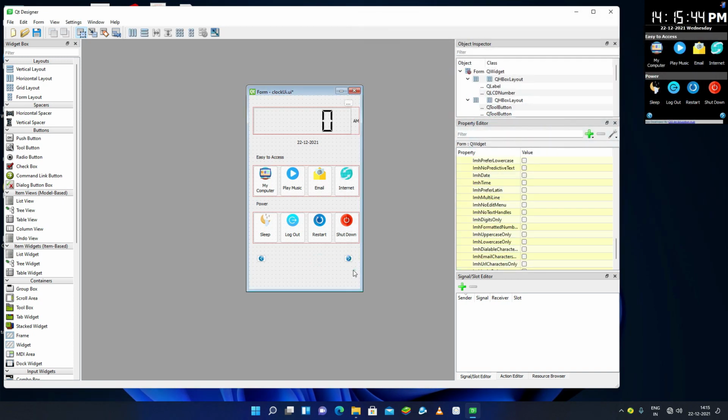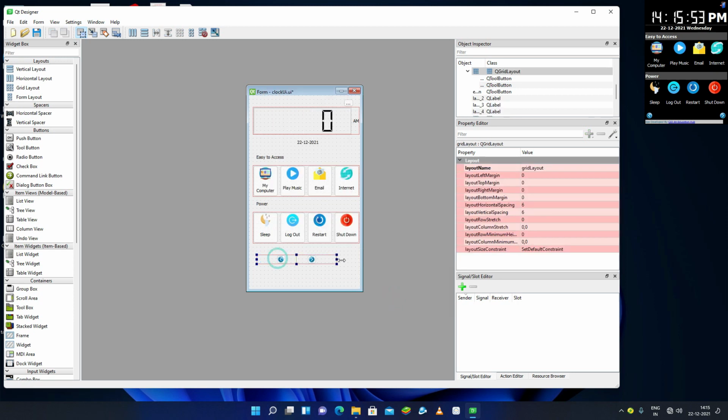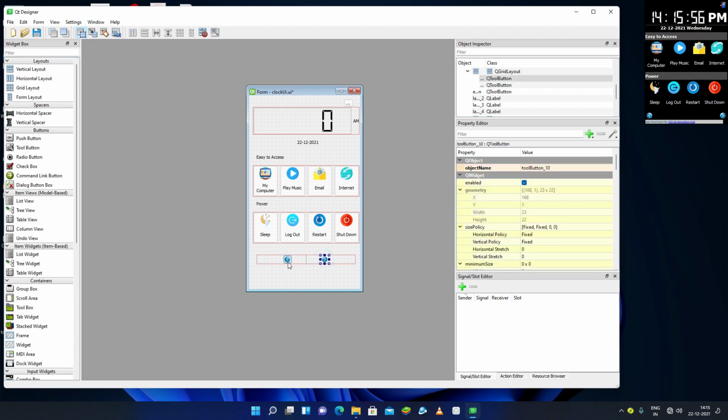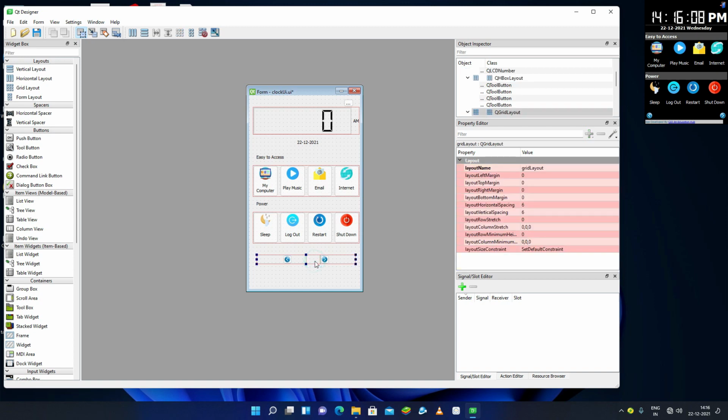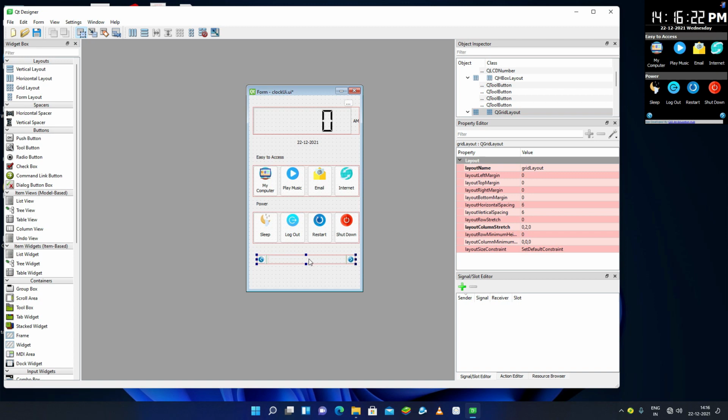Okay, now let's change the layouts of this, and I'll just select these 2, and under layout I'll select grid layout. Okay, so these are now in grid layout, and as you can see these are not on the left or right but in the center, so I'll just change its position to the second column. Now I can select this grid layout and change the layout column stretch to 0, 0, so that these 2 things will be on the left and right, and the second position on this grid layout will be empty.